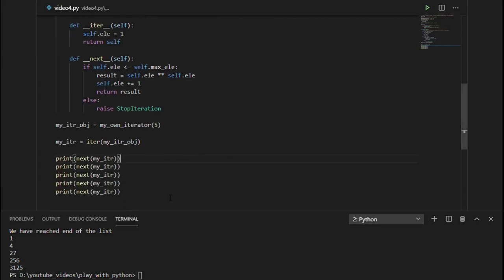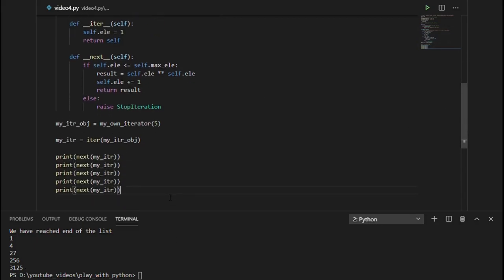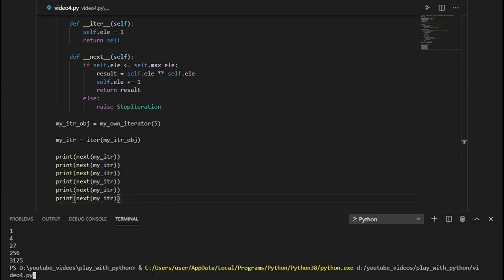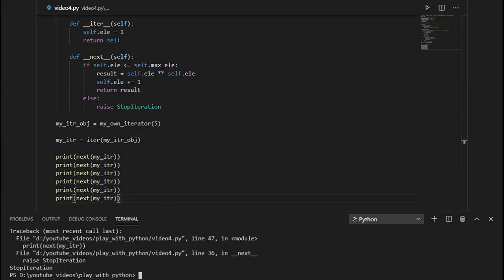Now the last thing: if we print again, now self.i is 5, then it printed 5, and it will increment by 1 and it is now 6. So 6 is not less than or equal to 5, so it will raise a StopIteration. So let's see that. See, StopIteration. Okay, so to avoid that, we can do